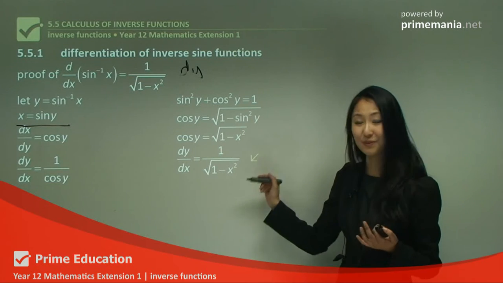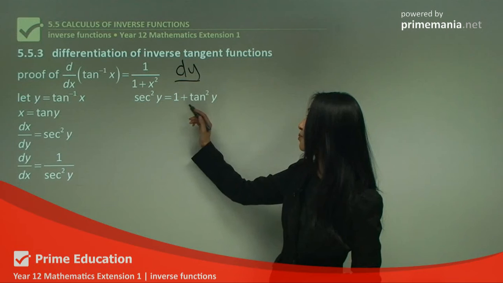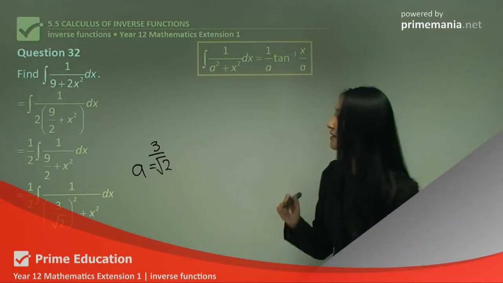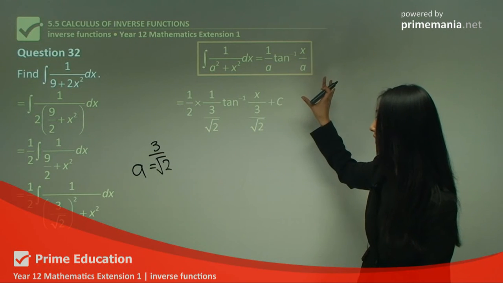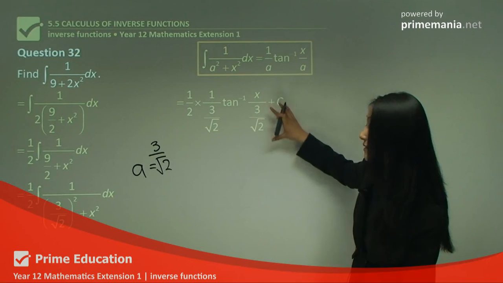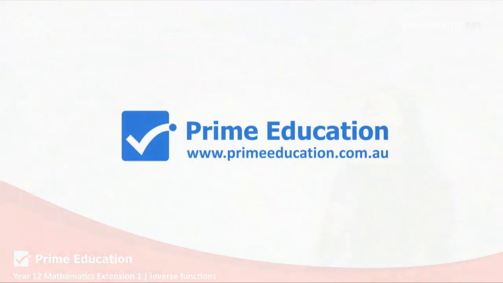That's why we have a square root of 1 minus x. Remember that sec squared equals 1 plus tan squared, yeah? So that is your second problem. So applying this formula, we have 1 on a, and then we have inverse tangent of x on a here, yeah? And don't forget you're multiplied by your